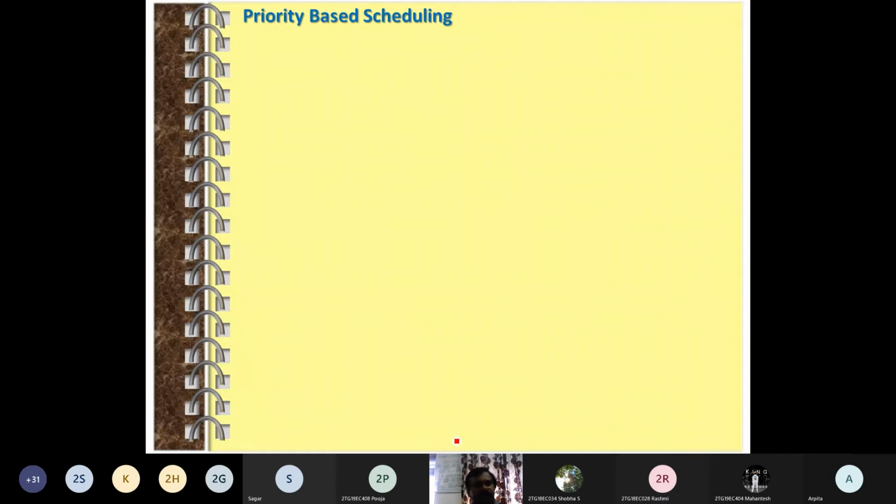Next, let us go for the next scheduling, which is priority based. In the previous round robin, all processes run equally. But what about the needy or emergency process, which has to be executed immediately? Why do we need to execute that one? Because it needs resources. So how do we solve such issues? It is nothing but priority based scheduling.